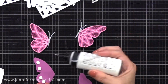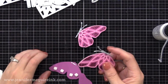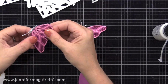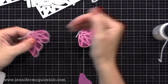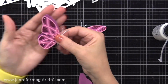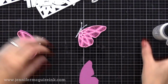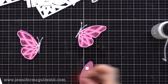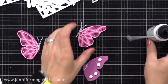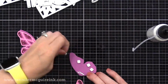Stick with me here. I also created 2 solid colored dark pink butterfly wings, cut those in half, and now I'm gluing one over to the left-hand butterfly, slightly offset so it sticks out a bit on the top. Now this butterfly is starting to look like a side view instead of half of a butterfly. See how it's offset there? I did put foam tape on this just to give it a little bit of dimension from the layered glitter die cut on top. So there you can see I'm gluing this one here, and now we have 2 butterflies